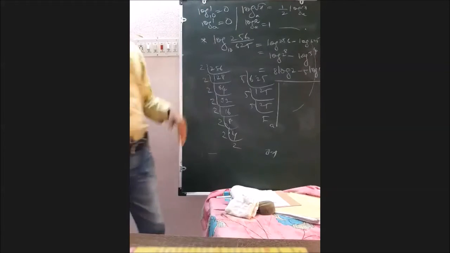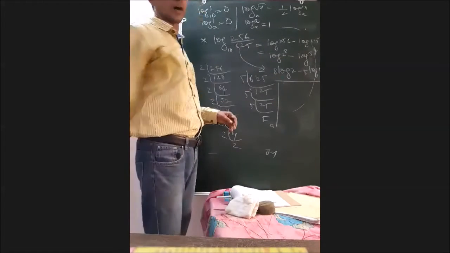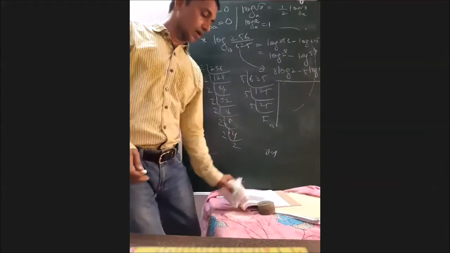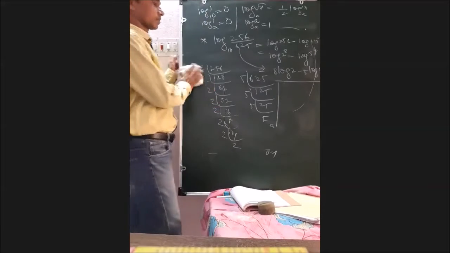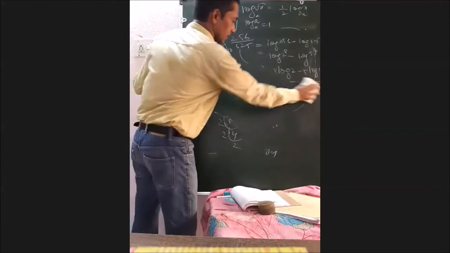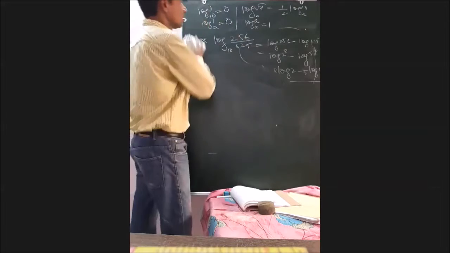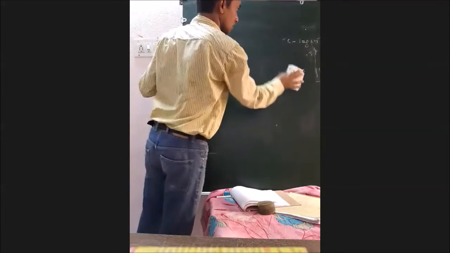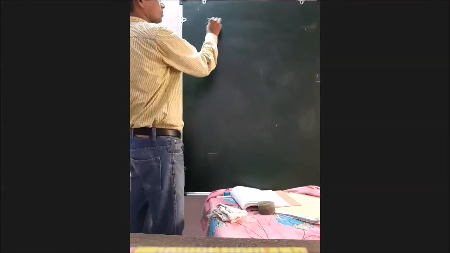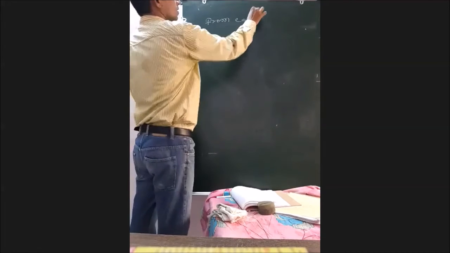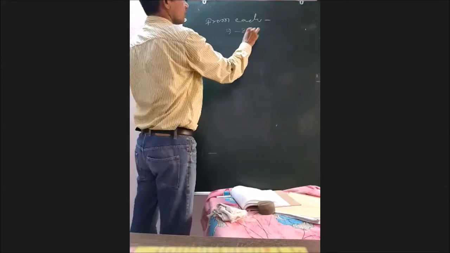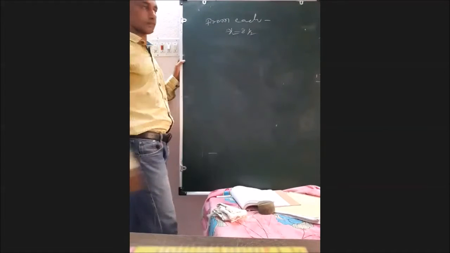So this is called conversion of one form to another form, expansion form or synthesis form. So you will be getting a combination of concepts from this chapter. In logarithms, definitely you will be getting a 2-mark question or sometimes a 4-mark question. There is no guarantee, but I can say from each chapter you will be getting 7.5 to 8.5 marks.